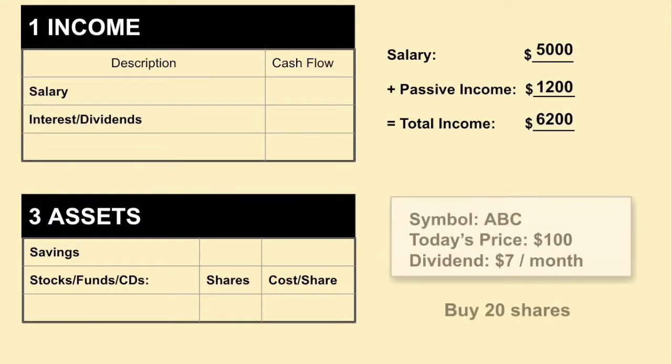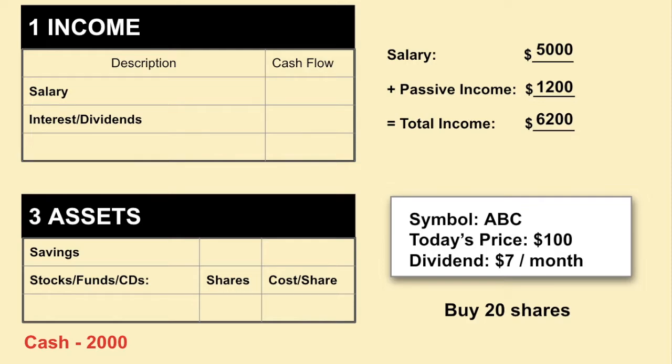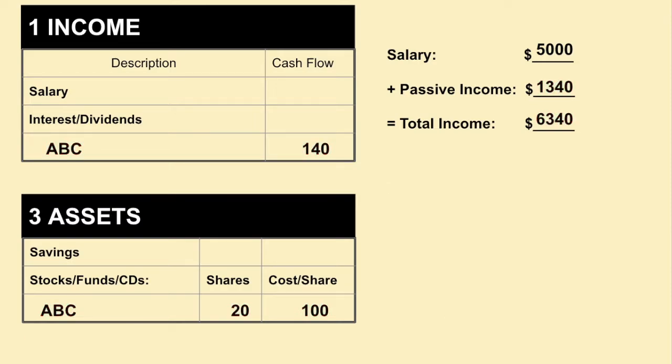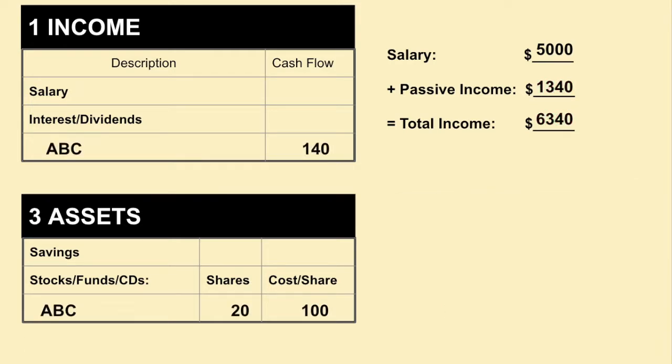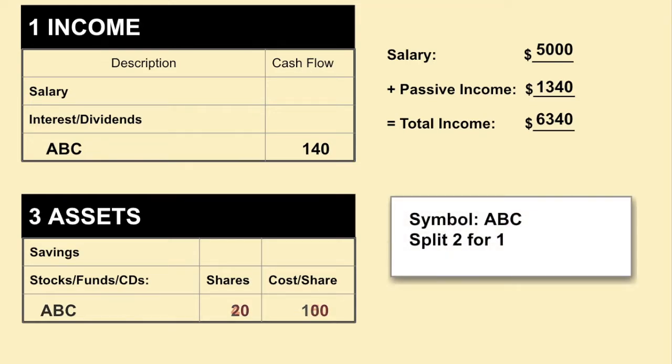To buy stocks, calculate the total buy unit price times shares. Give the bank that amount of cash, add the entry to your balance sheet, and add the total dividends to your passive income. To sell stocks, remove the amount of shares from your balance sheet, get money back at that selling price, and remove the corresponding dividends from your passive income. If there is a stock split, lower the stock unit price and increase the stock shares by the given ratio. Your total dividends should not change because the dividends per share also goes down like the unit price. Do the opposite for the stock reverse split.